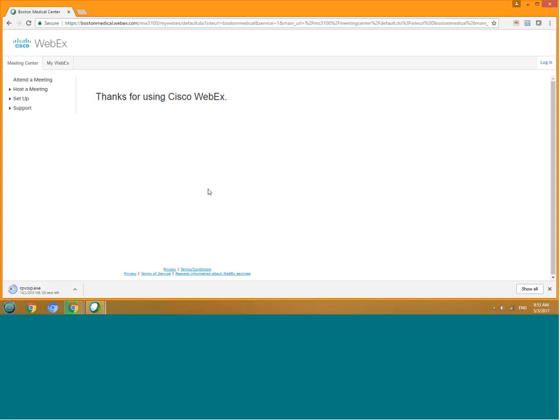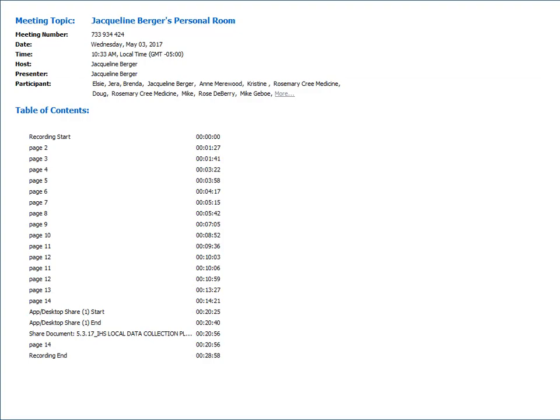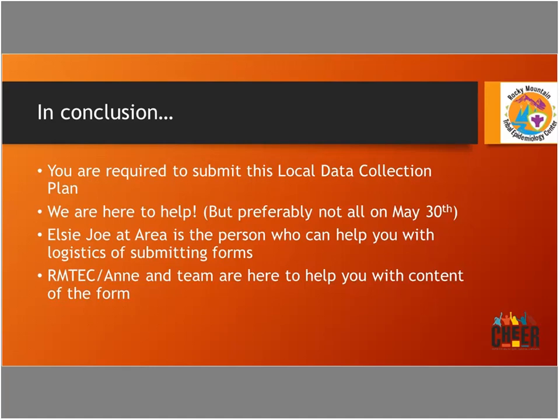Any other questions? I think as people start looking at the continuing application kit, they will eventually start having questions. I know a couple of people have already called me about the data collection plan. Questions will come up as you continue to look at the forms, is all I'm saying.